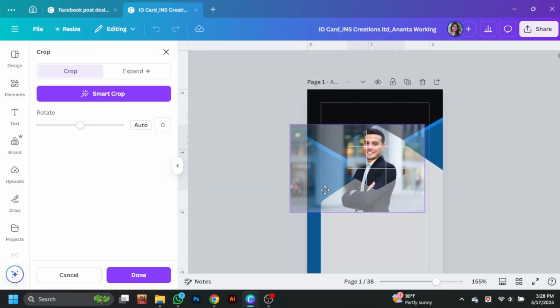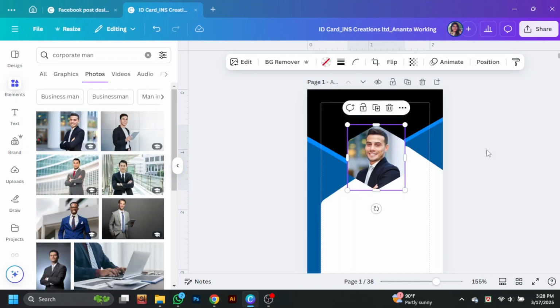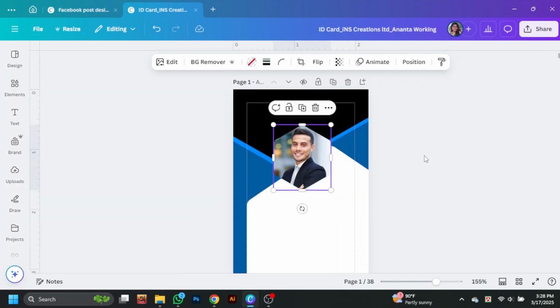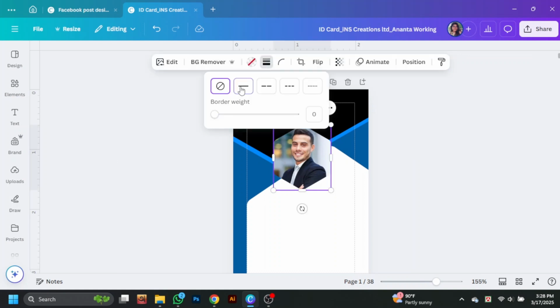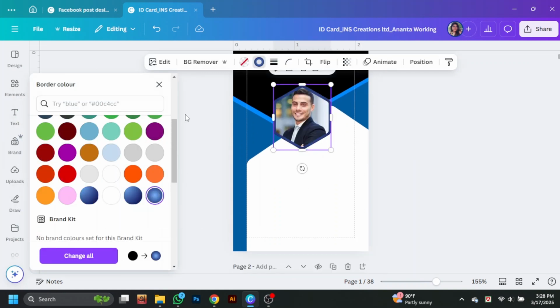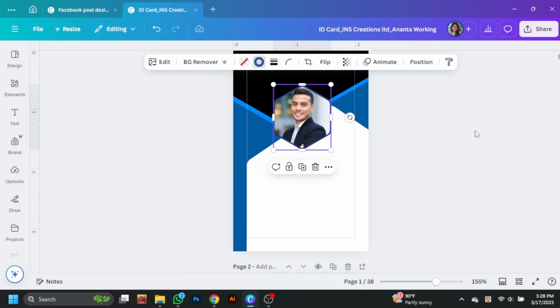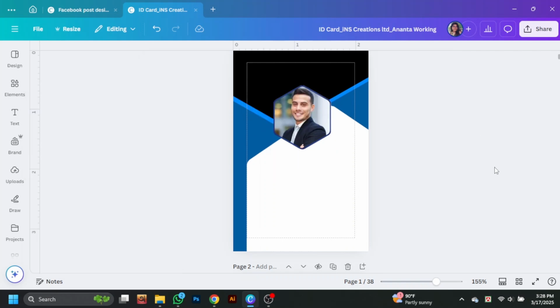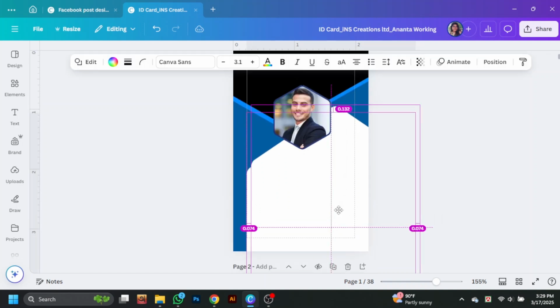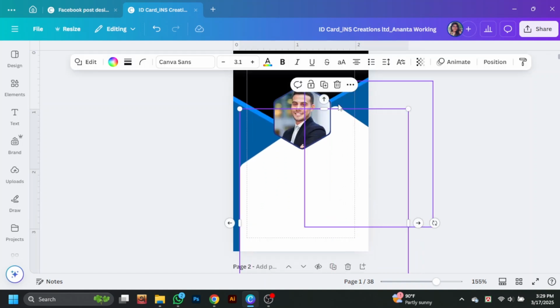Take this picture and adjust it. And go to the border, give it a border in gradient shade and keep the border weight at 2. Paste the shape,